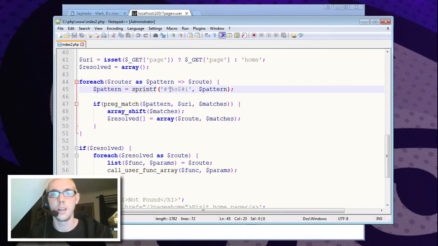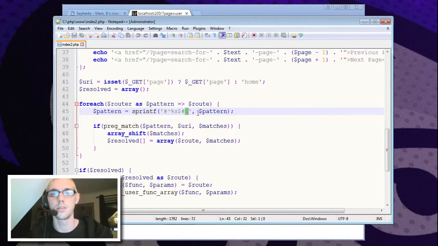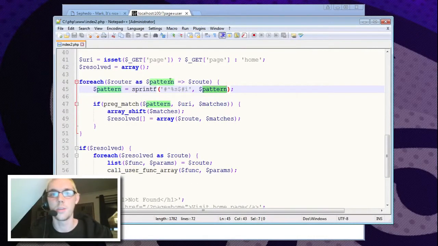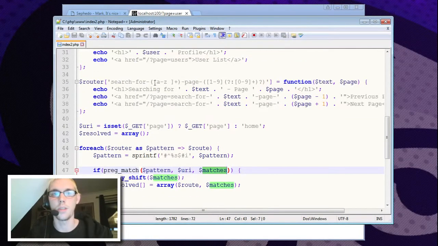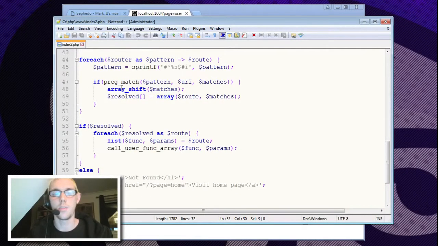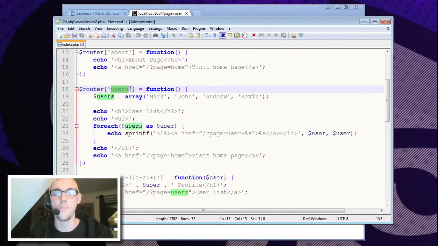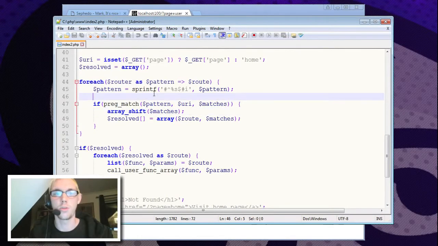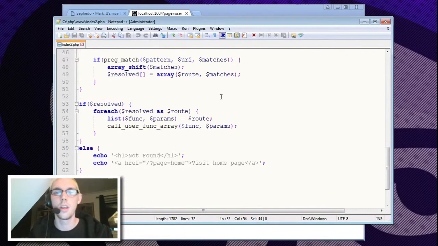We just ensure that the pattern is an actual valid regular expression pattern by putting the delimiters and start and end strings, and this is a case insensitive parameter, so that it doesn't matter if the user uses uppercase characters against the pattern. And then if it matches, we grab the matches, trying to grab out these particular parameters. If it matches and there are no parameters, it will only have one result. Like these ones will only have one result in the match. The first match will always be the entire string that matches, so we know we can just get rid of that one. So we shift that one away, and then we add this particular root and the parameters